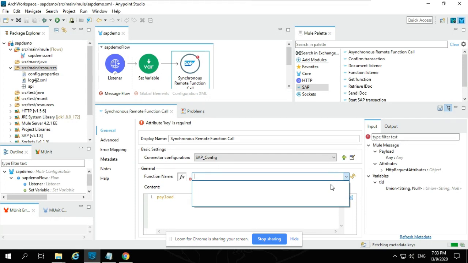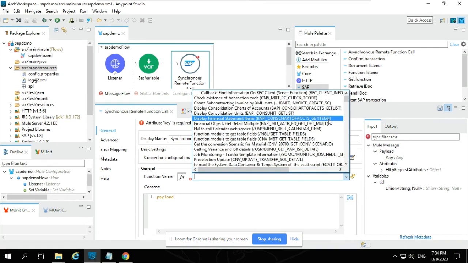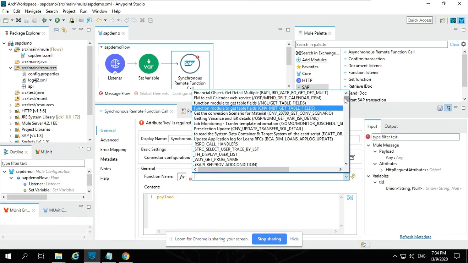If the connectivity is fast, it will be immediate. It's trying to connect to SAP and fetch all the functions available in the SAP system. So it has connected, and it has fetched all the functions which are available in SAP.